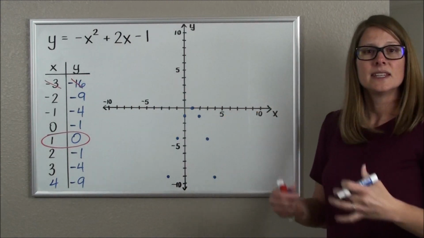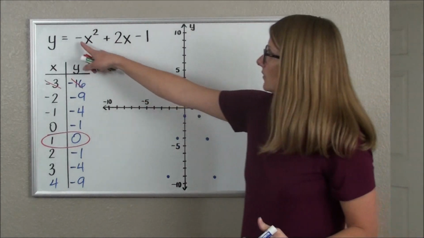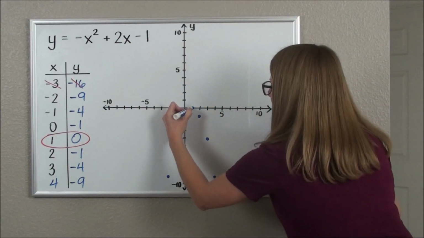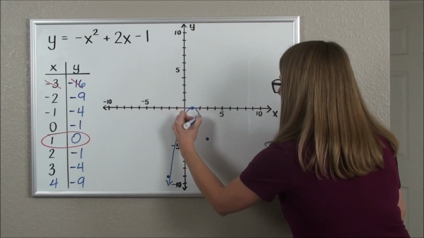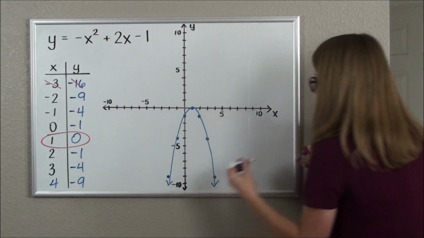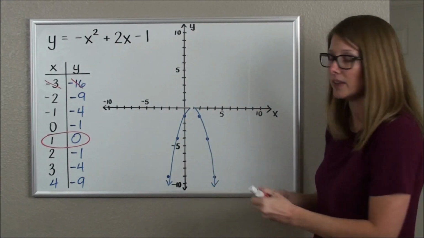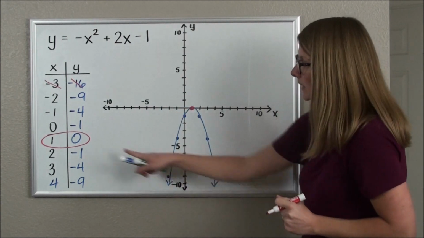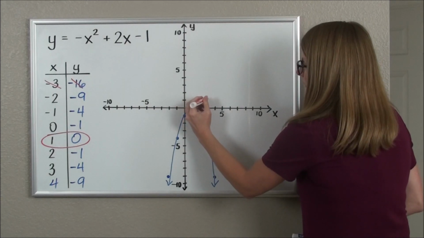And so again, I'm seeing that parabola shape. This time it's opening down. The difference is because here my leading coefficient was negative. But when I connect these dots, I'm getting that parabola shape. The vertex, in this case, is the top of the hill, not the bottom of the valley anymore, because it's opening a different direction, but it's still that point we were able to identify in the table. So there's our vertex,